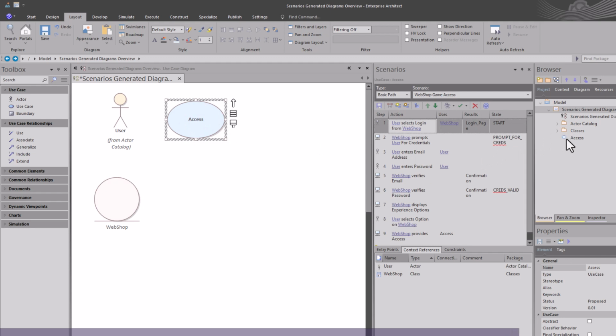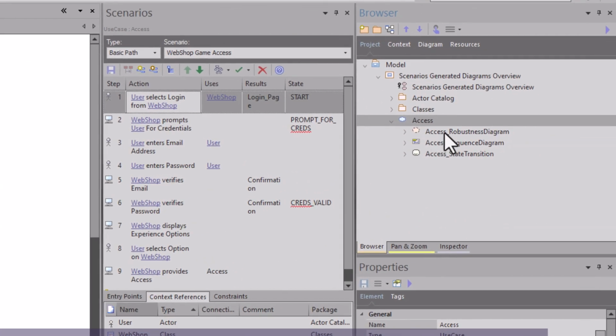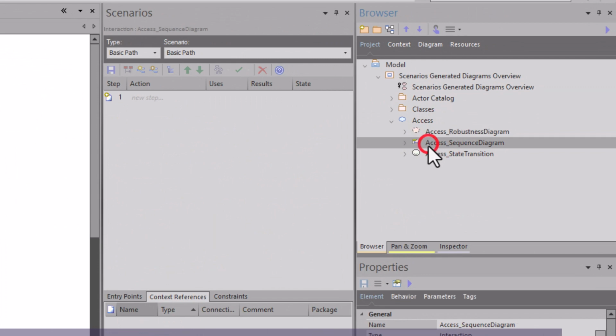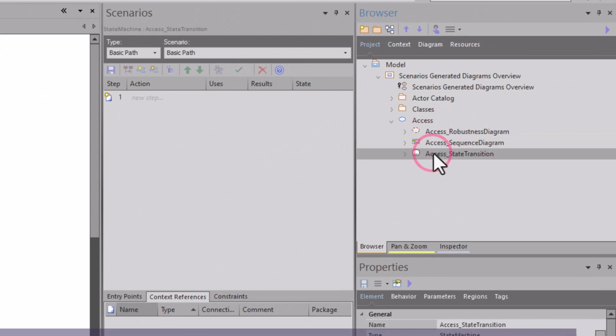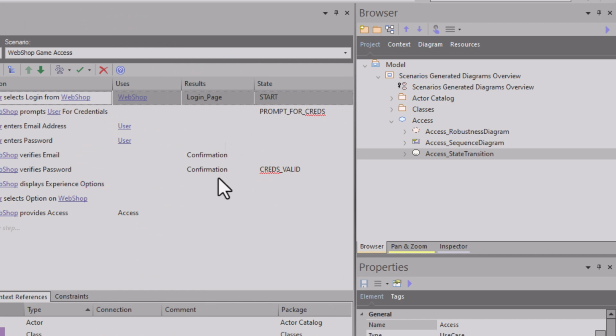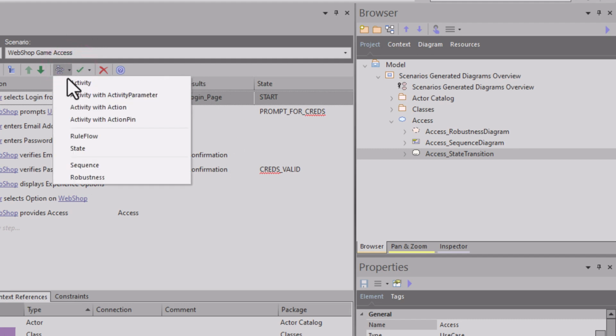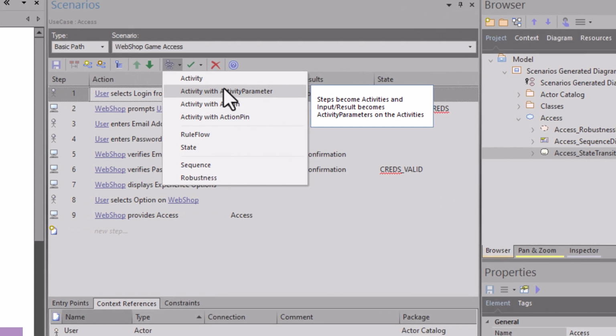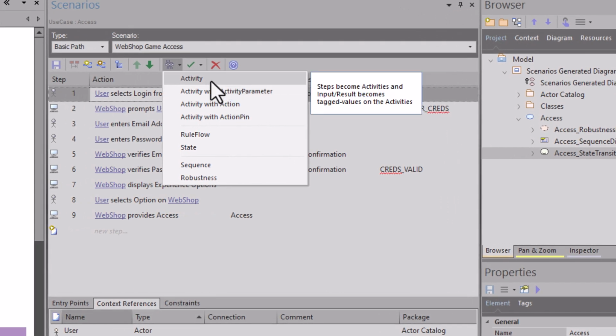So far in our use case, if we refresh, we've created a robustness diagram, a sequence diagram, and a state machine diagram, right? Because we have, let me move this over here a little bit, because we have results in here. And if you go to, now we're going to generate another type of activity. Again, I've done activity diagrams. There's activity with parameters. So let's mouse over activity. You can see that